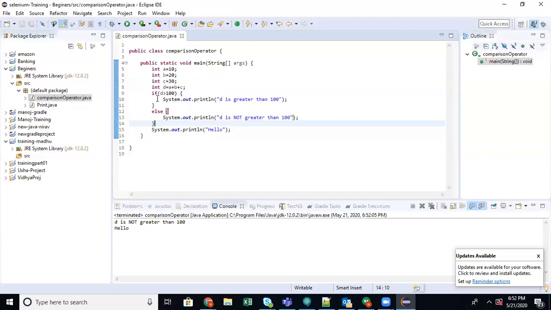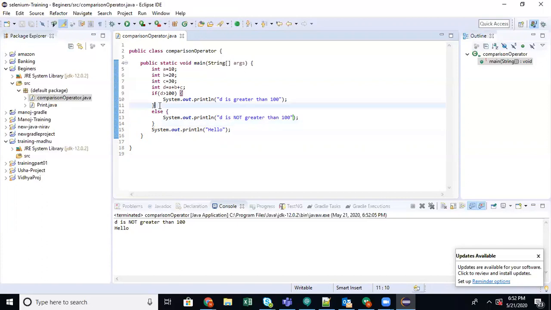Now, I want to check if D is greater than 100, I have to do a set of operations. Otherwise, I have to check if D is greater than 50. Otherwise, I have to do operations where D is not greater than 100 as well as not greater than 50.